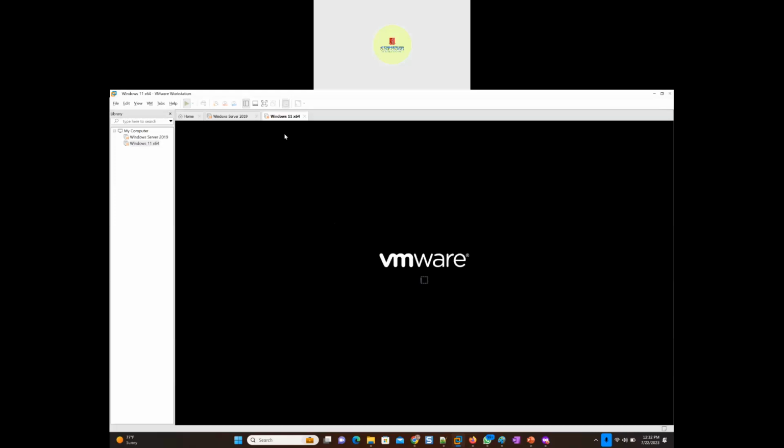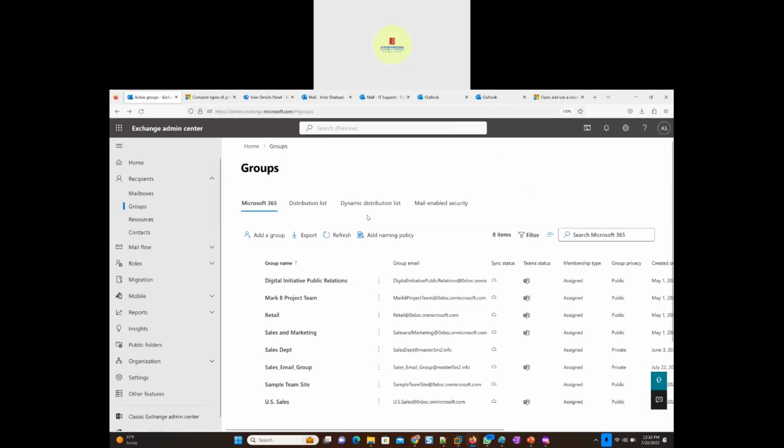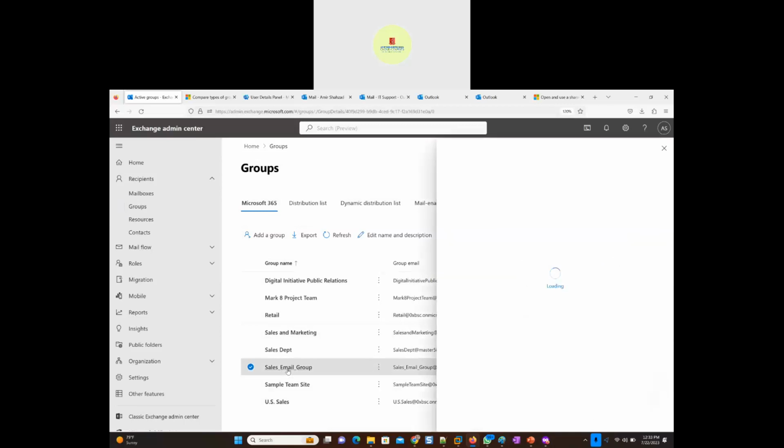Why did it get suspended, the machine? Okay, while this is getting unsuspended, if we go back here, where is that group? I'm just going to go to Exchange Online, and we were in the recipients and in the groups. Then there's Microsoft 365, distribution list, dynamic distribution list, and mail-enabled security group. We went for Microsoft 365, we created a group, and it's called sales email group, right? Now this sales email group, if I click that,